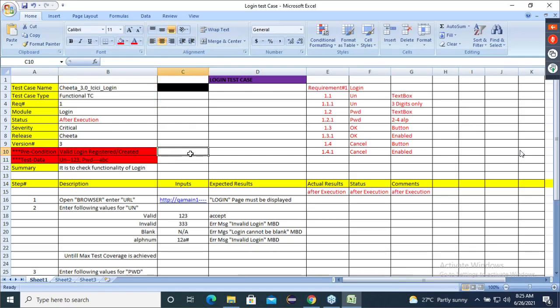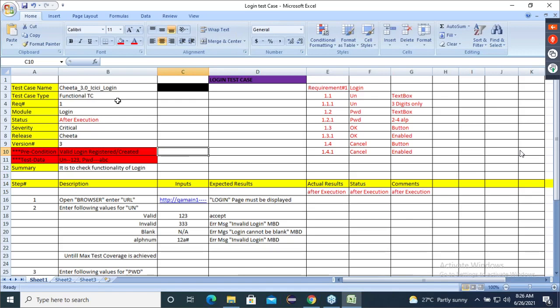Now the test case was written, reviewed, and approved. I left the job, and a new test engineer comes. Obviously, when the new test engineer comes, he will test the application according to the test cases. Blindly, he is going to follow the test cases.